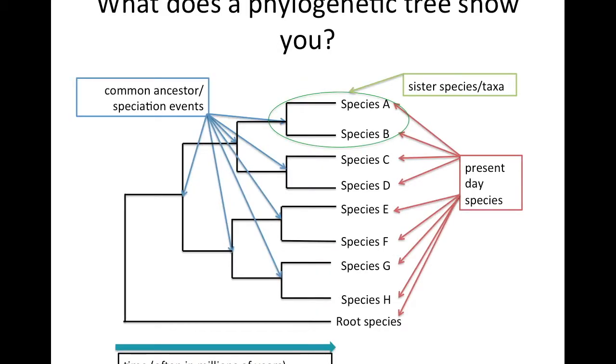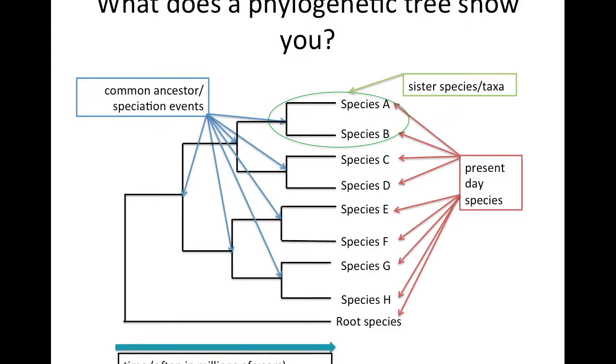So here you can see a very basic, made-up phylogenetic tree, and you might want to pause this video, print it out or make notes, but it's pretty self-explanatory. You can see that the species at the end are called taxa. We've already mentioned that: they're the present-day species, they're extant. And we also have, highlighted in green, an example of a sister species or sister taxa. They are the 2 most closely related to each other, more than they are to the rest of the species in the